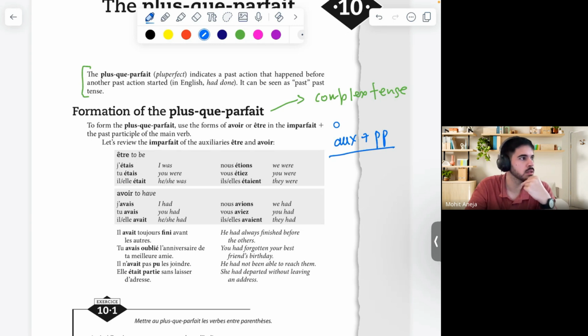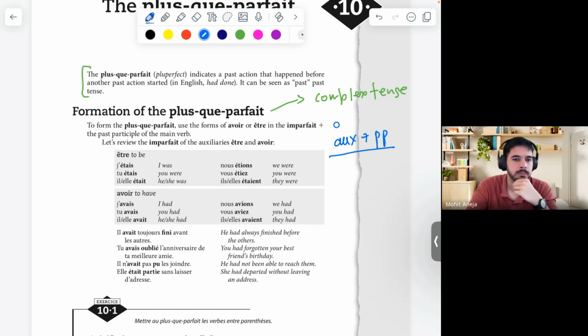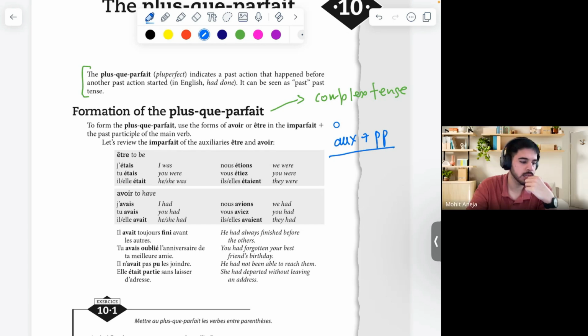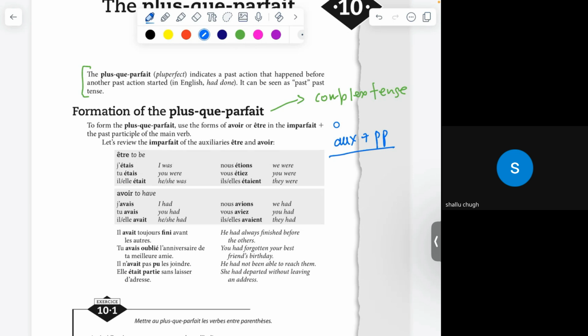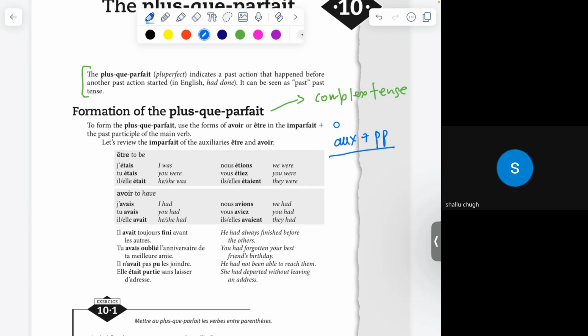And what are the conjugations of avoir and être in future simple? Shalu, can you remind us? What is the conjugation for être? Start with je. No, not the endings, just the conjugation for être. Sorry, I remembered. Je serai. Very good. And tu, say the whole thing. Je serai, tu seras, elle sera, nous serons, vous serez, elles seront.